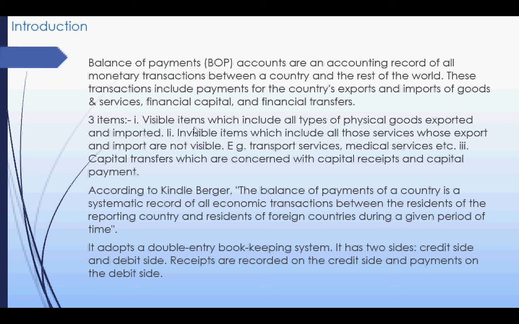And there are three items in the balance of payment. Number one, visible items, which constitute the physical goods which are exported and imported and their value. The second, invisible items, including those services which are exported and imported and not visible. For example, transportation service, medical service, consultancy service, teaching service, and